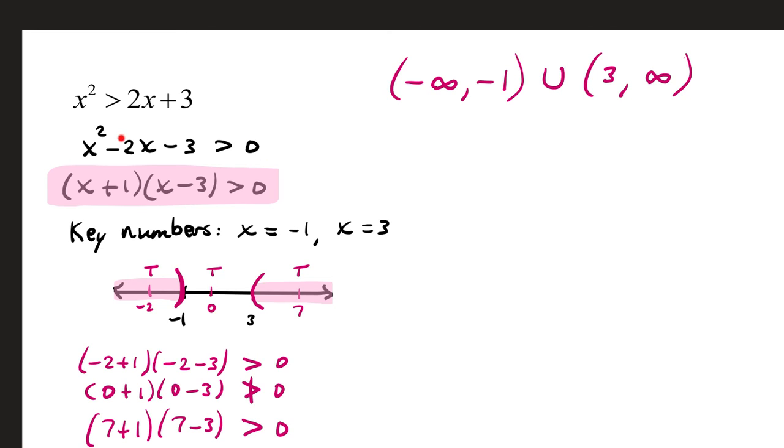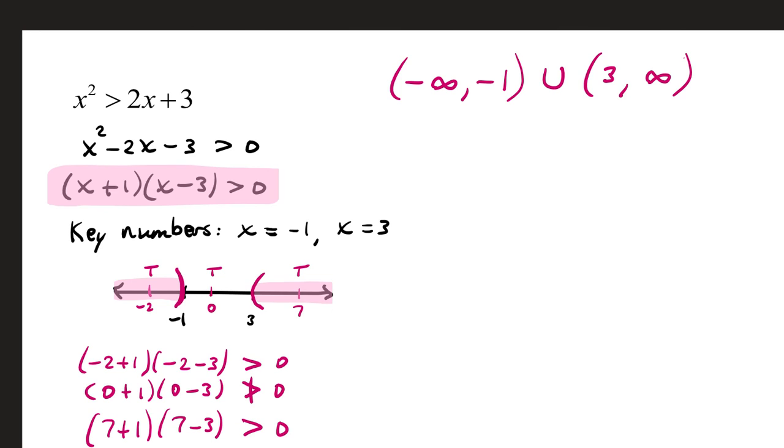Factoring, x plus 1, x minus 3. Positive 1, negative 3 has a sum of negative 2 and a product of negative 3. The key numbers are negative 1 and positive 3. Those are the values of x that zero out each factor. Plotting negative 1 and 3 on a number line, picking test numbers between and around those key numbers, and we substituted